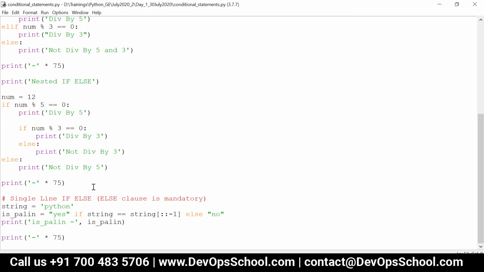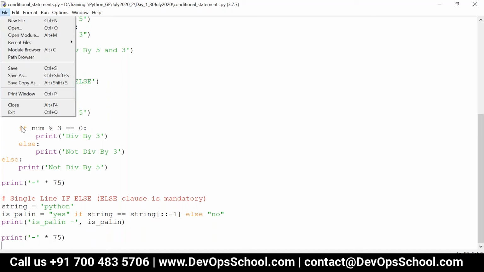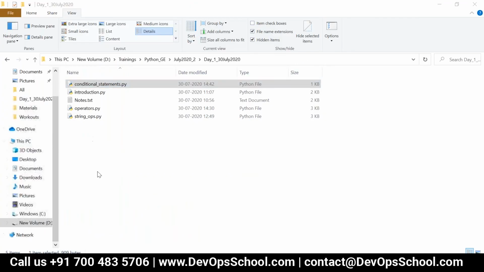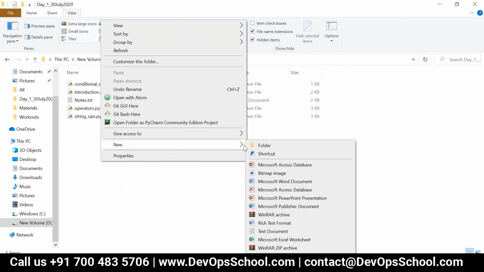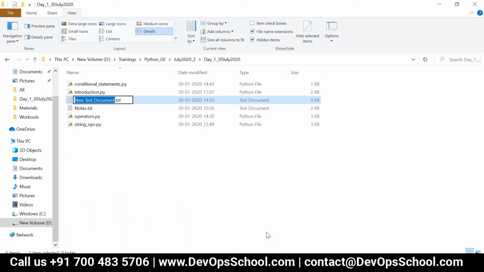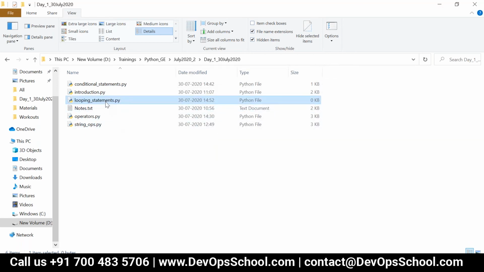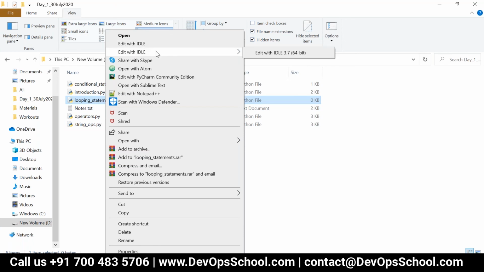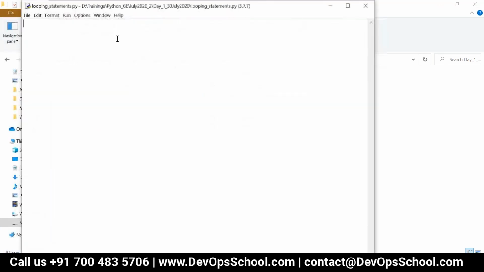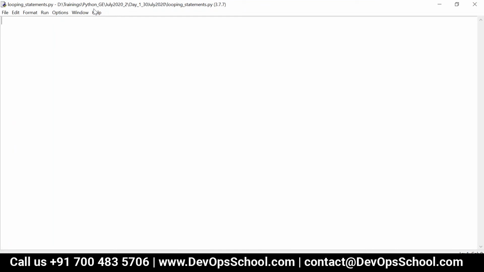Okay, so next we are going to see looping statements. If you want to iterate a set of statements for n number of times, then you can use looping statements here.